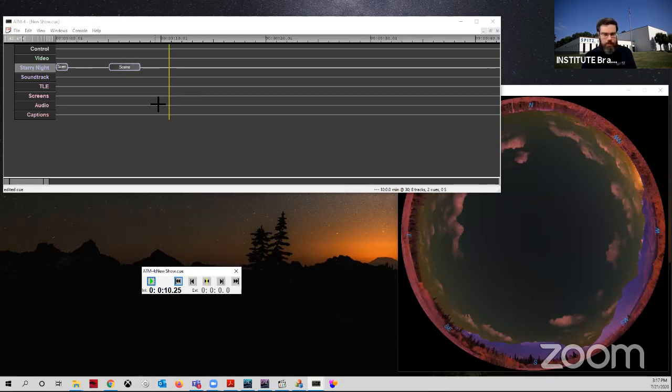But let's say we're making a show that we want to present in our actual planetarium. The dome is going to be all black. There are commands that you can send to your Cove lights if you have your Cove lights integrated. So there's a lot of pre-show stuff you could do, which we won't really get into right now. But if you have everything set up,